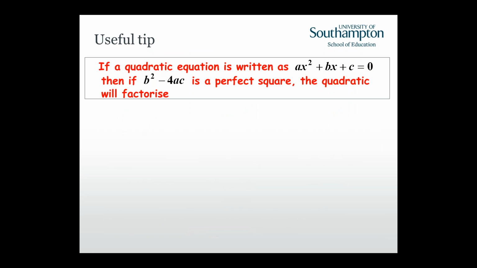Also, if when you calculate the discriminant you get a perfect square, so you get a square number, then that tells you that the quadratic will factorise. Whereas if you don't, then it means that you'll have to use the quadratic formula to do it. The reasoning being, of course, fairly obviously, this is underneath the square root. So if it's a perfect square, it will square root exactly and give you a whole number. Whereas if it isn't, it's going to be a bit horrible. And so you're going to use the rest of the formula to